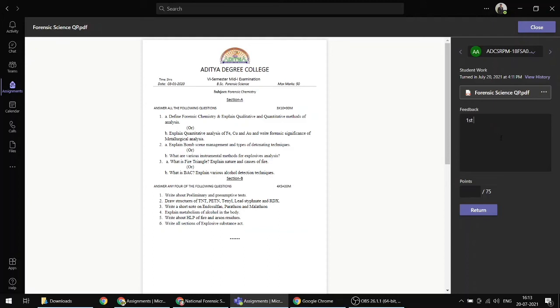First question, first answer, headings are wrong, first feedback. Third answer, or otherwise you can write, mention, draw diagram for third answer.